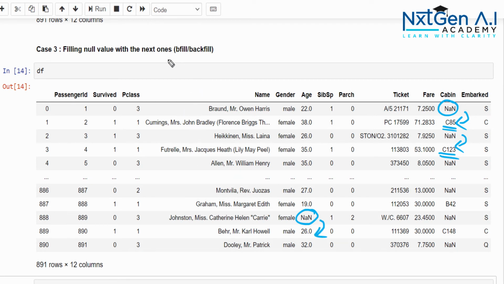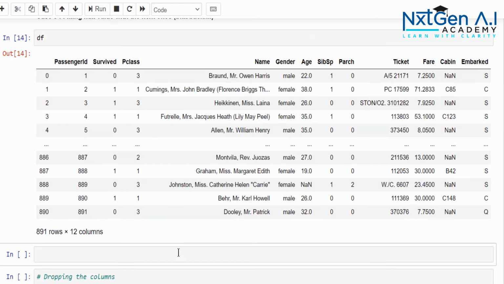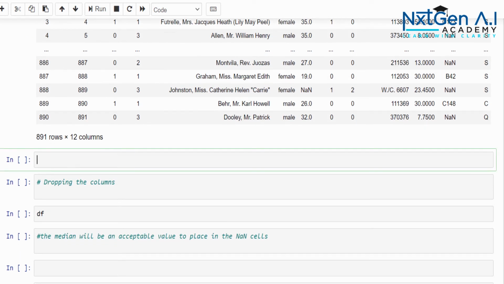That's what they call the next one, and this can be done using bfill or backfill. Anything is fine. Let's try to code that. df.fillna(method='bfill').